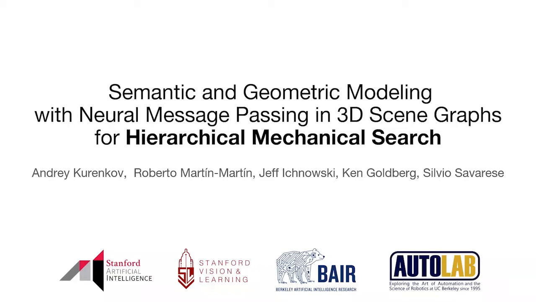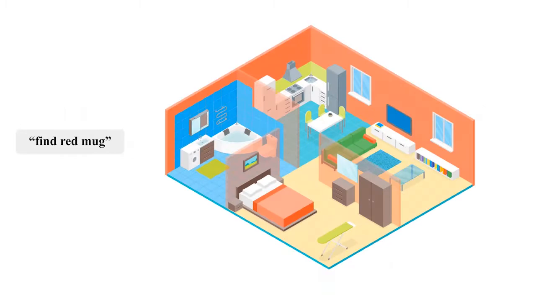Semantic and geometric modeling with neural message passing and 3D scene graphs for hierarchical mechanical search. We address the problem of enabling agents to search for an object specified with natural language within an indoor environment